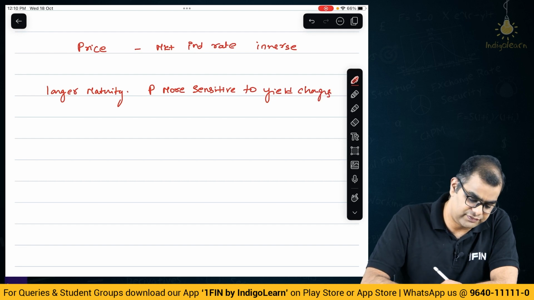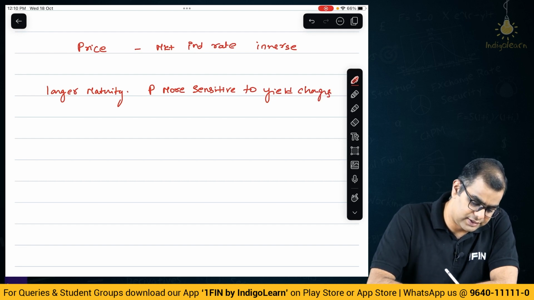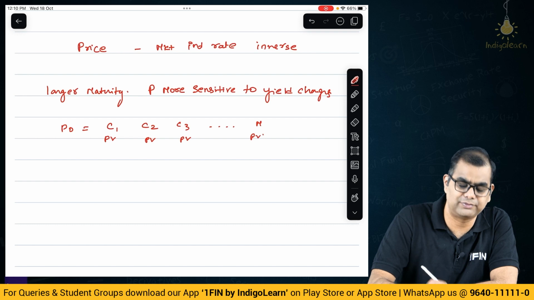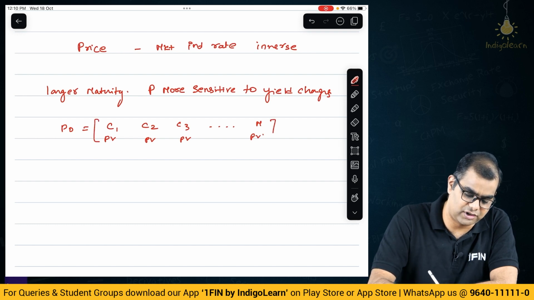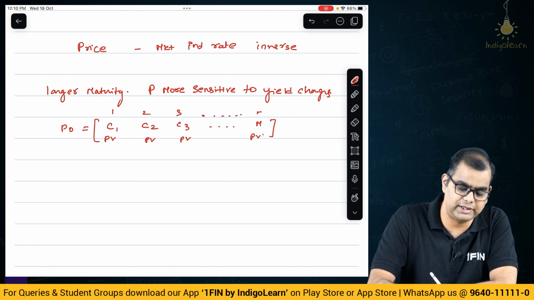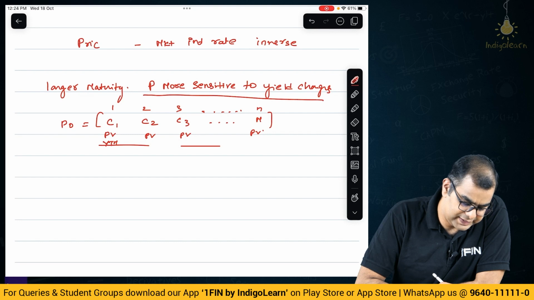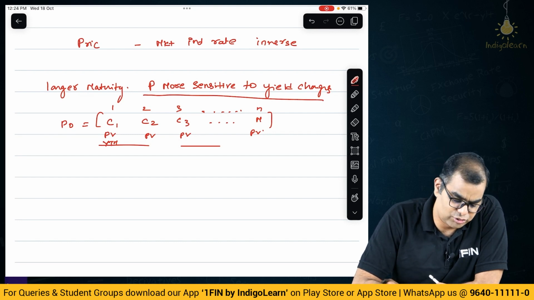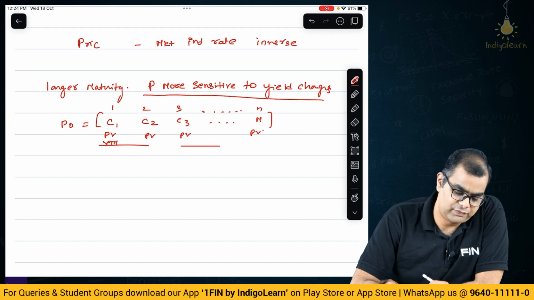Why are they saying that? You see, when you look at a bond price, P0 is equal to the present value of C1, C2, C3, and so on and so forth, plus the present value of M, correct? This is the summation of all of this. Now, let us assume these are years 1, 2, 3, and so on till year N. Once you have taken the price of the bond as the summation of coupons and maturity value over a long period of time, from 1 to N,